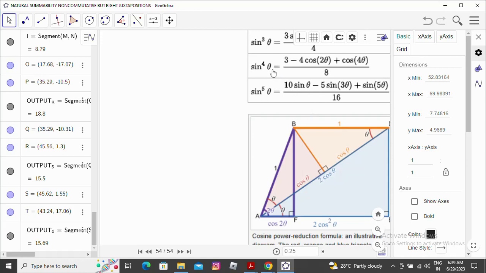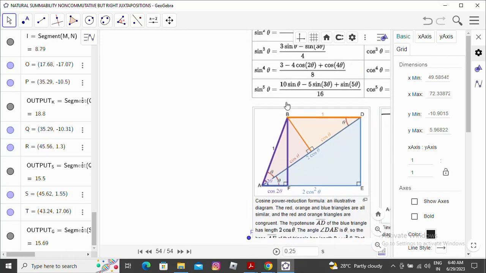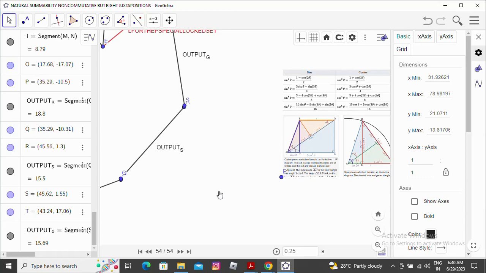expressions, because there are large powers. For every multiplication, 4 times pictures are formed. For example, for sine cube theta there are 64 pictures, and for sine to the 4 theta, 4 into 4 into 4 into 4, there are 16 into 16, that is 256 types of pictures forming on the left hand side. And out of all these 256 types of pictures, the output line segments are also 256.